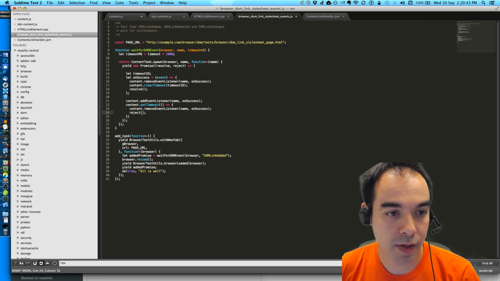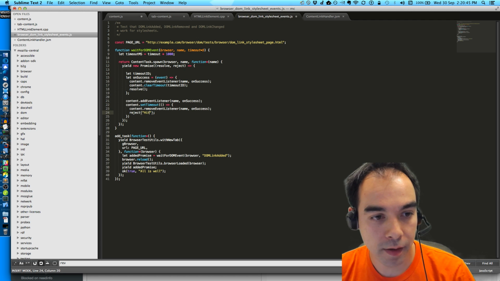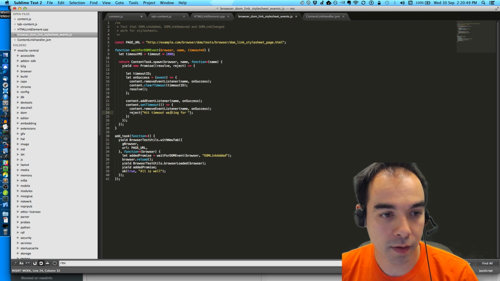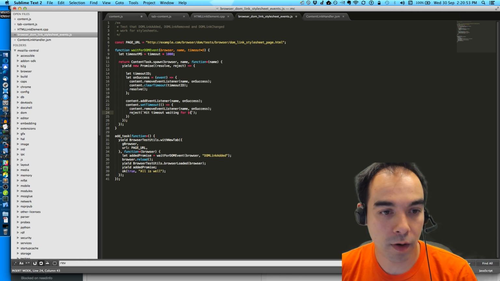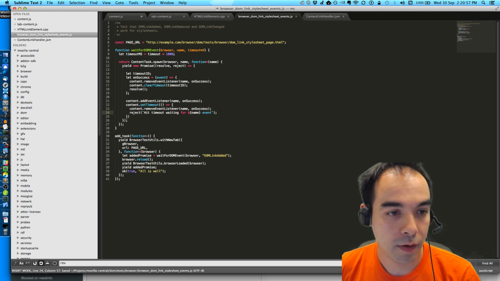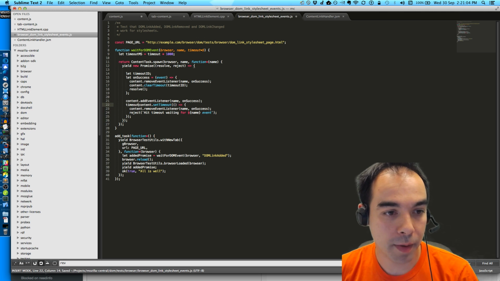Reject with the message hit timeout waiting for, and then we can use a template string, waiting for name event. There we go. And then we'll say timeout ID equals this.